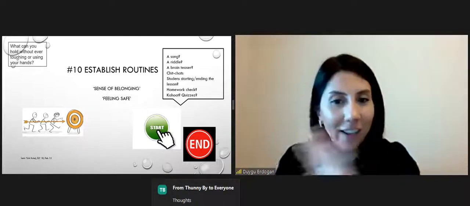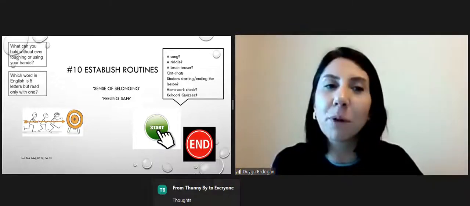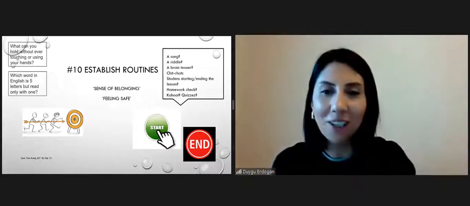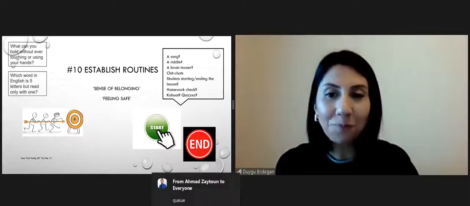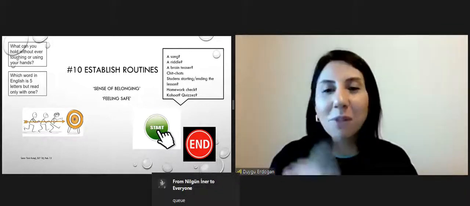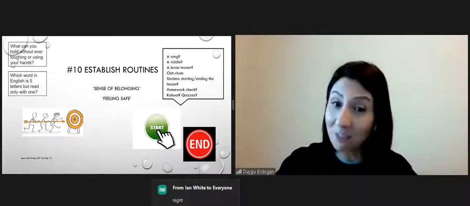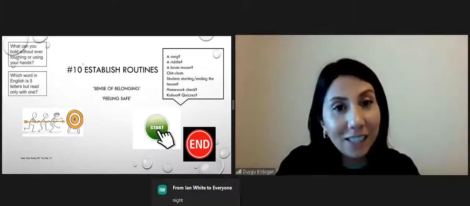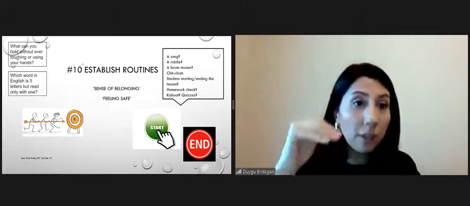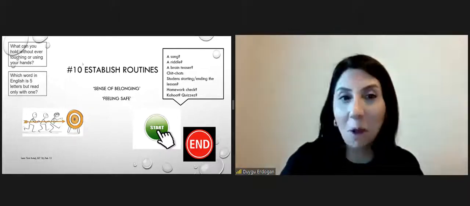One more, the second one, and then I promise I'm going to number 9. Which word in English is 5 letters but read only with 1? Oh, I used to have a lot of problem writing this one. So it's a 5-letter word. Thank you, Ahmed Hocam. Q, okay, but only pronounced, we read with 1, so Q. Thank you, Nigin Hocam. Okay, thank you very much. So it's sometimes nice, okay, maybe not every day, to start with this. As they grow older, as they move upwards, like 3rd grade, 4th grade, you can ask them to bring in one as well, okay?